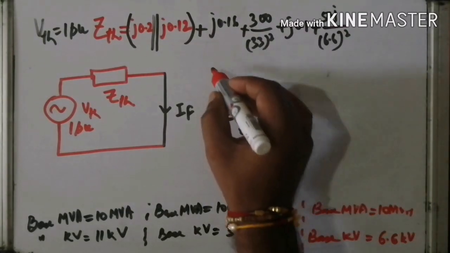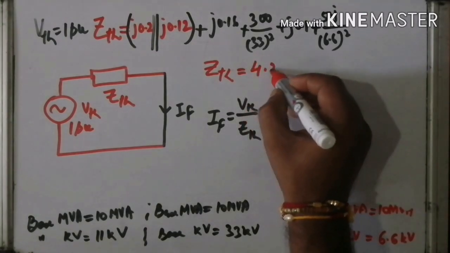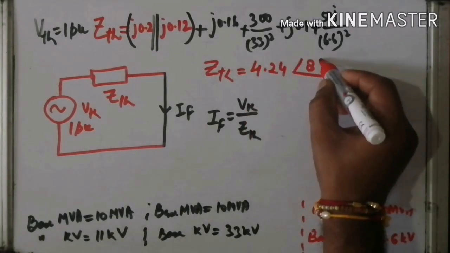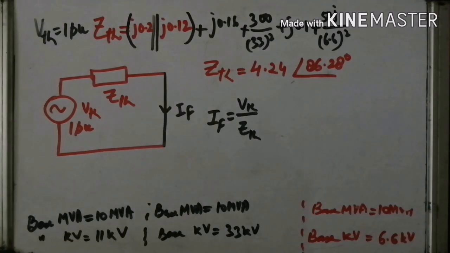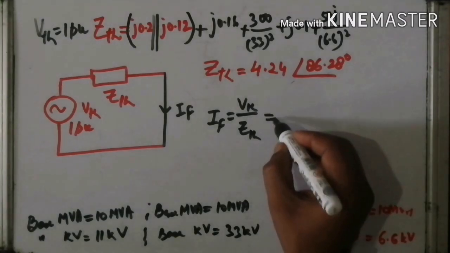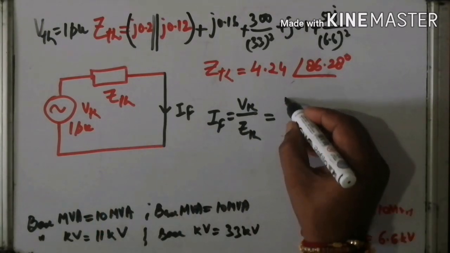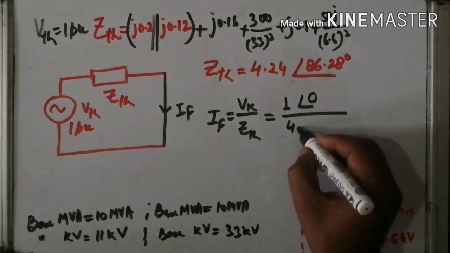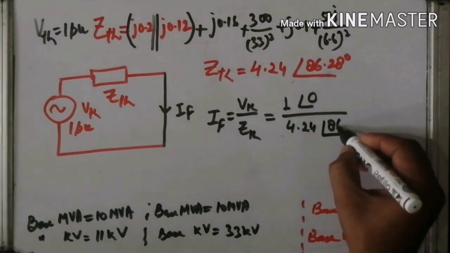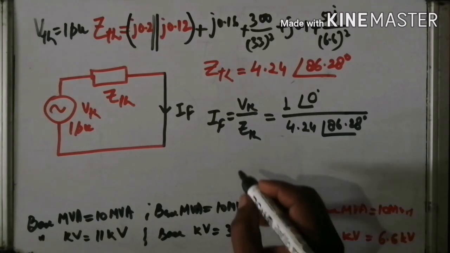After the calculation, the value of ZTH is 4.24 angle 86.28 degree. After the calculation, this one is the value of Z. Okay, that's why the fault current is given by the formula VTH divided by ZTH. What is the value of VTH? It is 1 per unit, so it is 1 angle 0 divided by this one, that is 4.24 angle 86.28 degree. After the calculation, it is